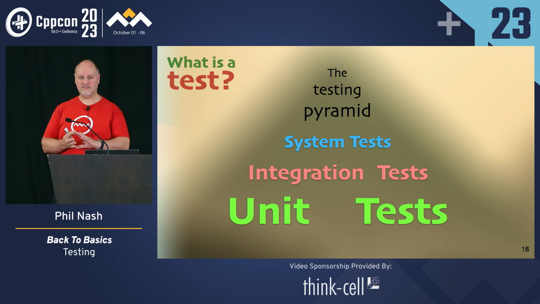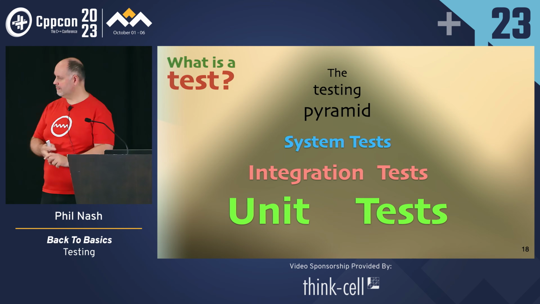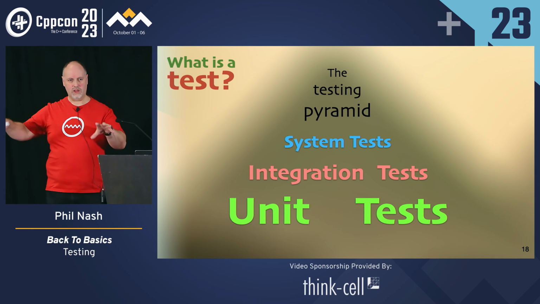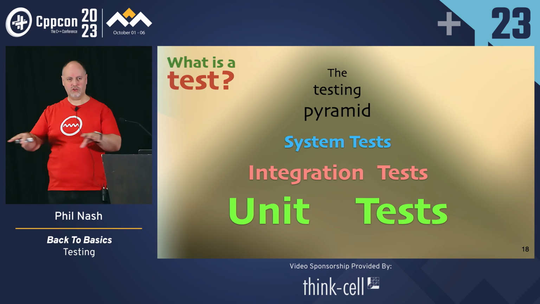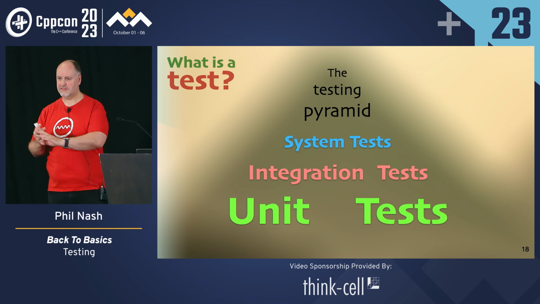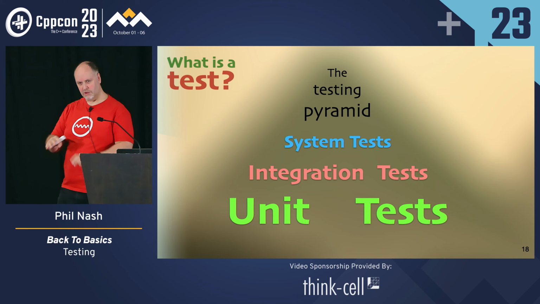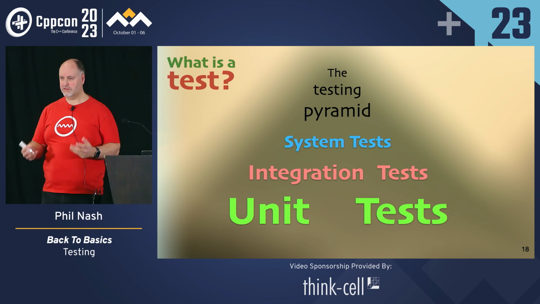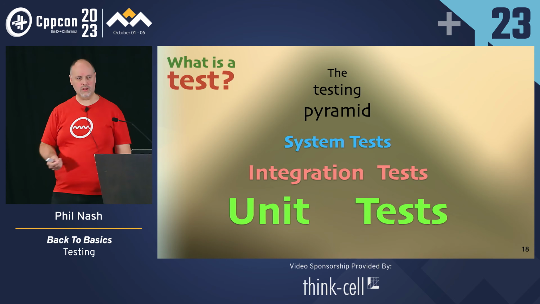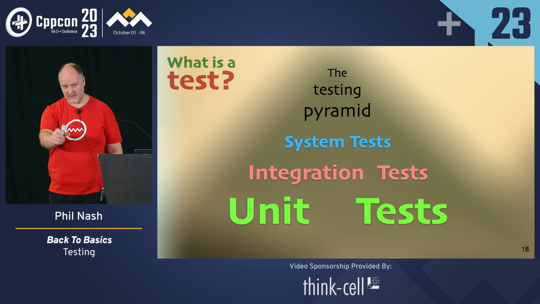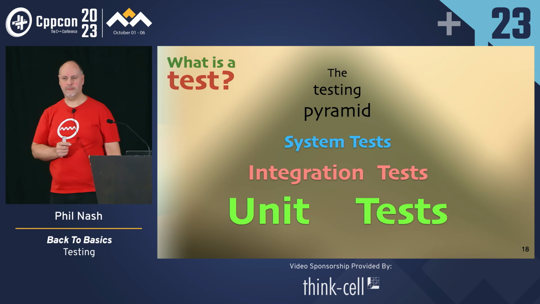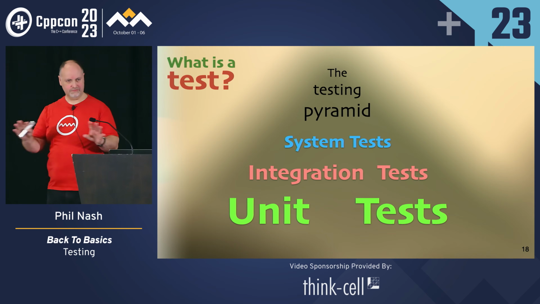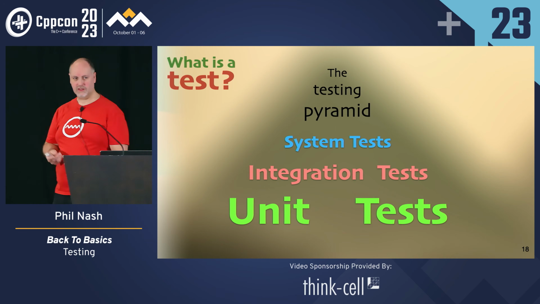And the idea behind the testing pyramid is that unit tests at the bottom, the big one, are where you should be spending most of your effort, most of your tests, according to the testing pyramid idea. Most of your tests should be unit tests, often by far, because you get the most value out of those. When something goes wrong, you know exactly which bit of code caused that failure. They should be fast to run, cheap to run, easy to write. Everything's good, but they can't cover everything.